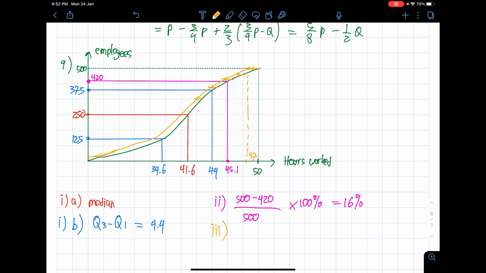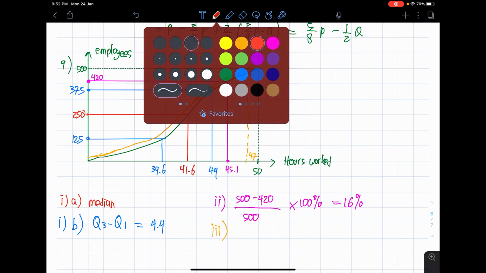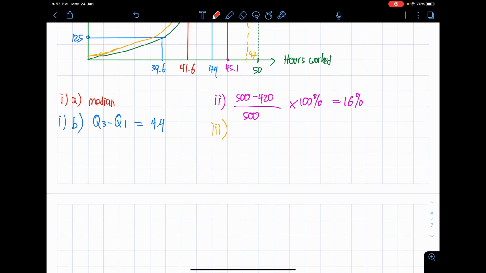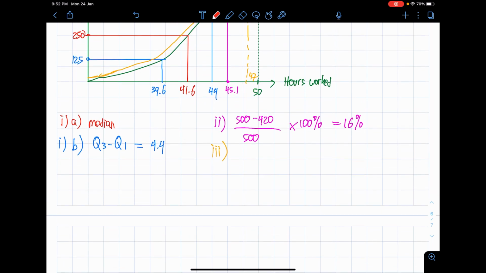Next, a small business has 60 employees. One of the 60 employees is selected. The probability that it is a man working part-time. They give us some kind of a table, so I'm going to use it. Men, women. So this is about part-time and full-time. What we know is full-time, 5 men out of 16 employees.